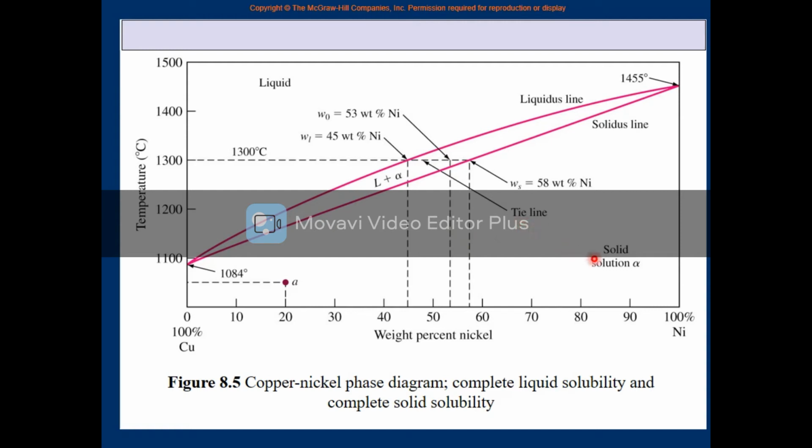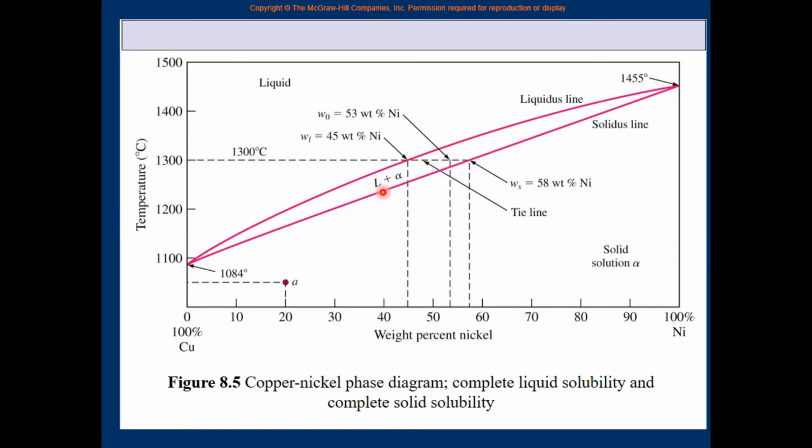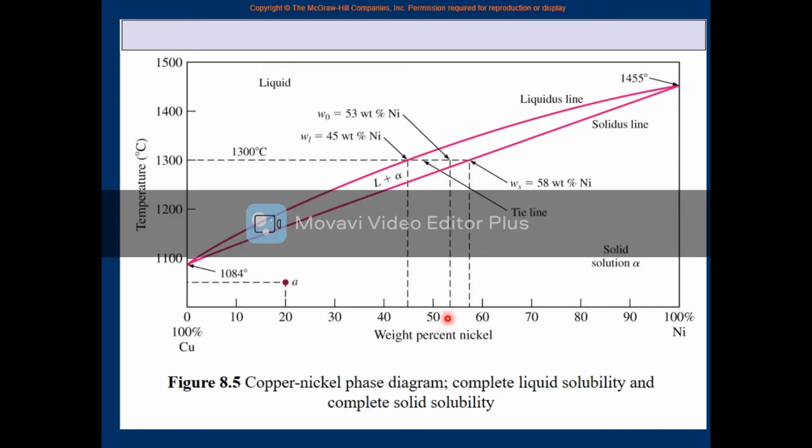The same solid structure, and that crystal structure is called alpha. So above it is liquid, below it is solid alpha. In between anywhere, it is liquid plus the alpha solid. So for our example, when we start with a 53 weight percent nickel material,